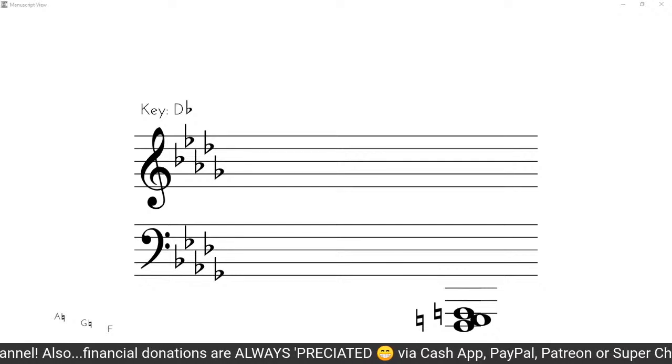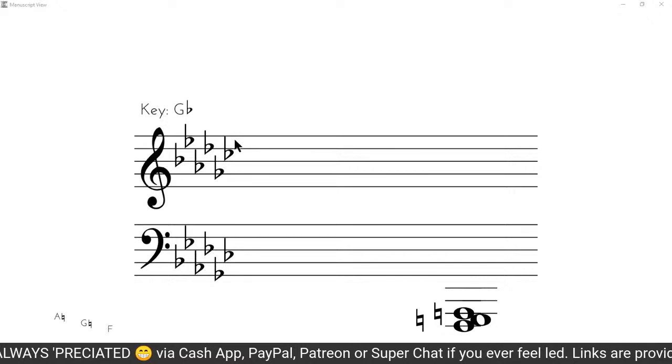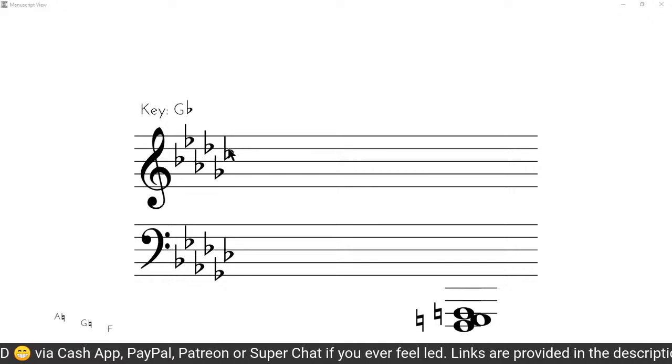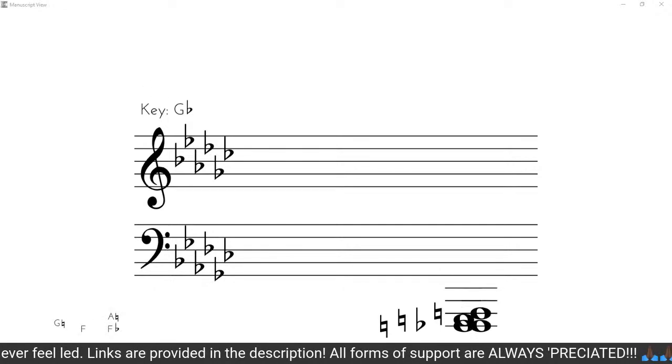Oh. And of course, G flat works the same way. Okay, G flat, the one that's furthest on the right, this is C flat. And then if you look to the one that's right before it, every good, that's G flat. And then C flat